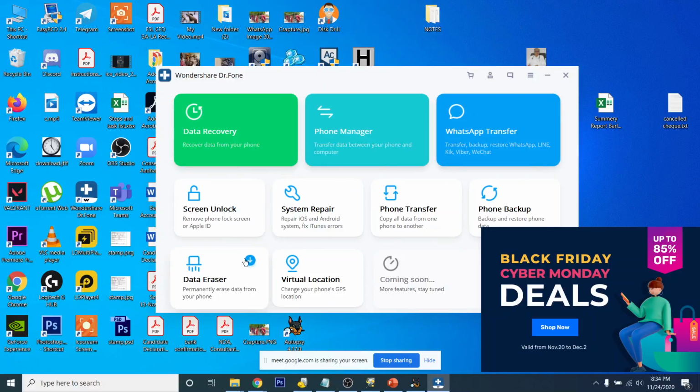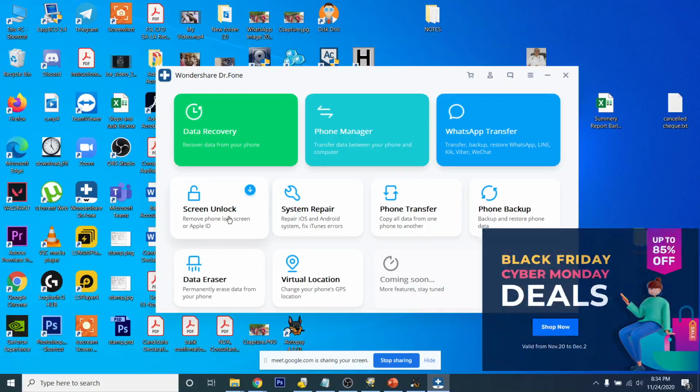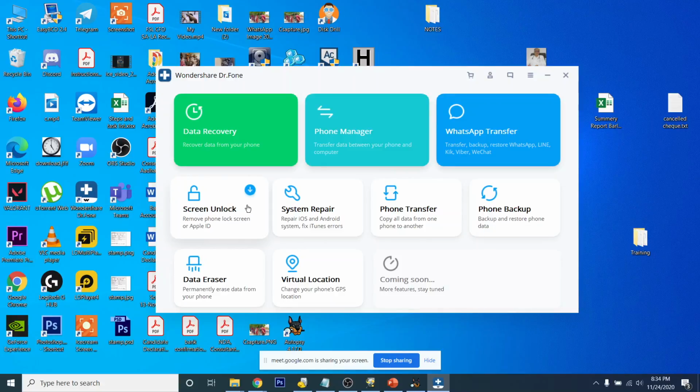And there are several other modules also, like data eraser, to permanently erase the data, screen unlock if you have forgotten the screen password or pattern, system repair if your device has been corrupted, phone transfer if you want to copy your complete phone data to another phone, and backup. But we are going with the data recovery, so I've downloaded only this module. You can download single modules also and the complete package also.